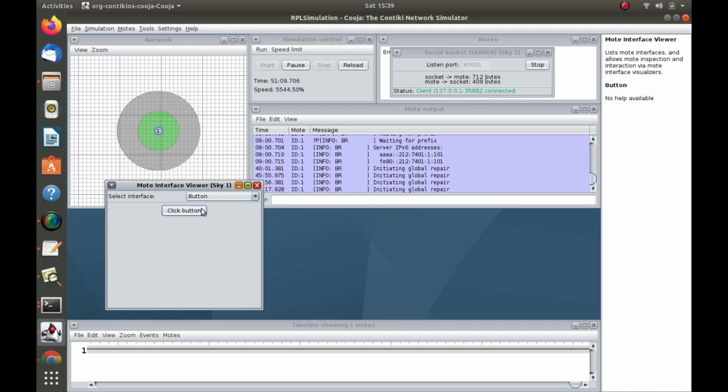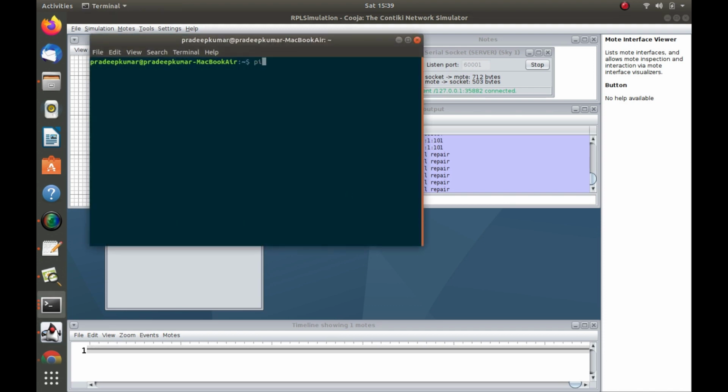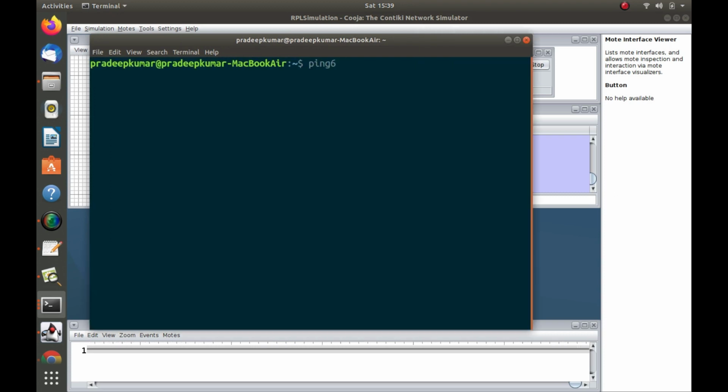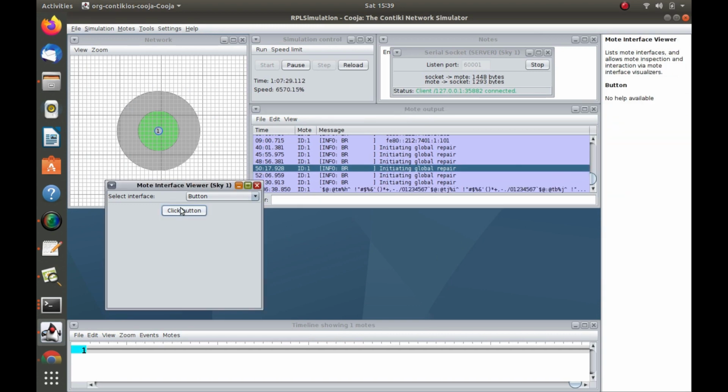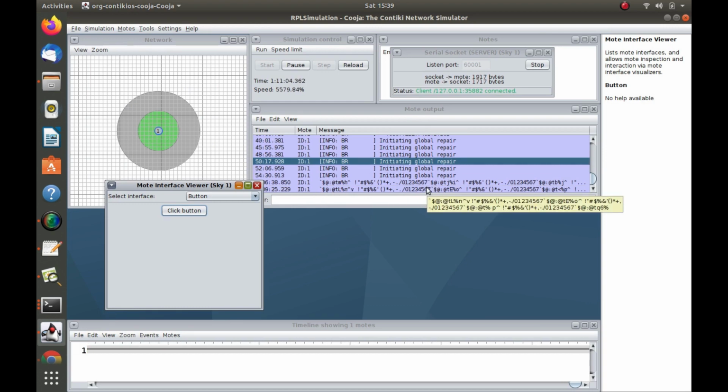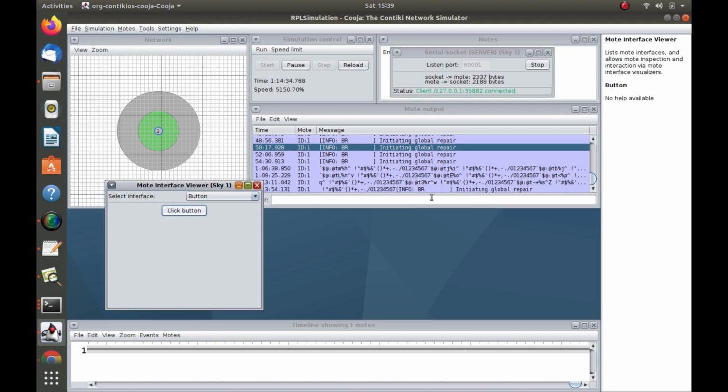Now whenever I send a ping packet, I will send a ping6 packet, and you can check it back here. From the ping packet, the values are coming to the border router. So the border router accepts that somebody is pinging this particular router, and it gets some data.